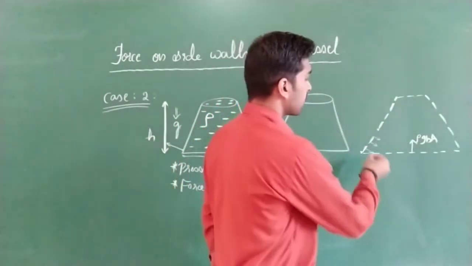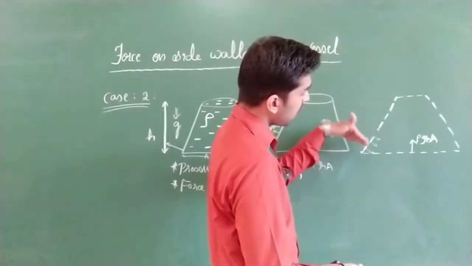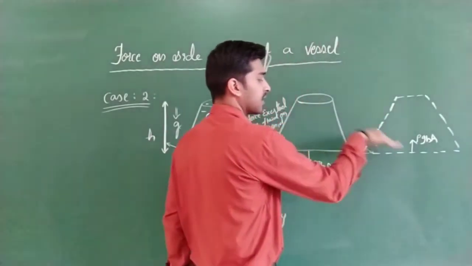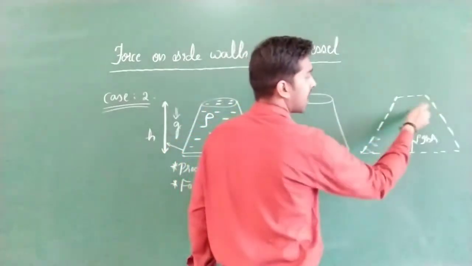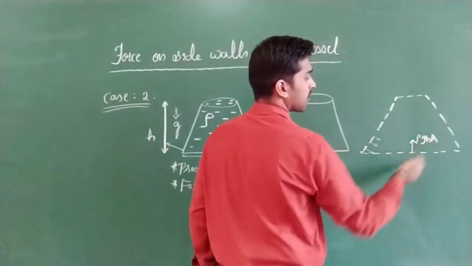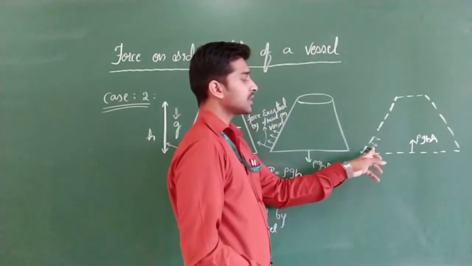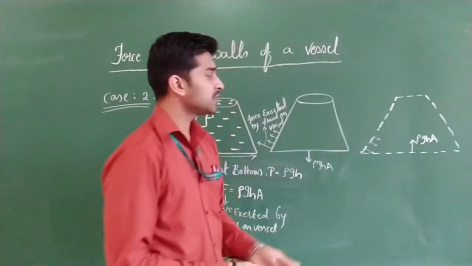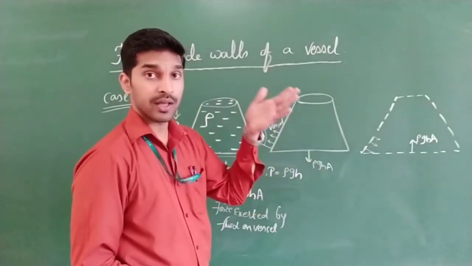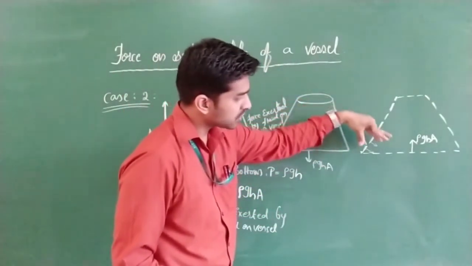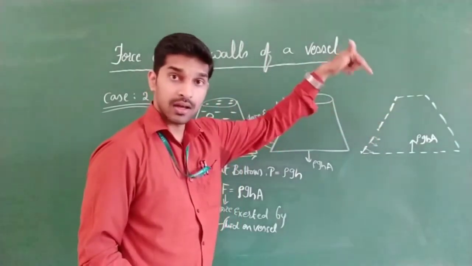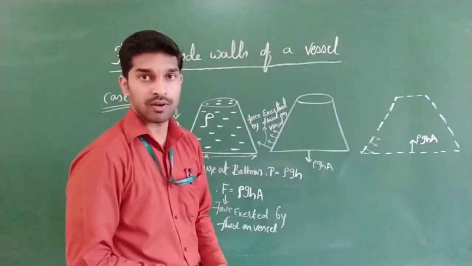So now here what will happen? All the forces are acting in what? Downward direction, basically inclined like this. Correct? Now, if we want to calculate the resultant force applied due to this vessel, it will be in which direction? Downward or upward? Listen here, all the forces are acting inclined in this downward direction. What will happen? The resultant force will be in the downward direction.